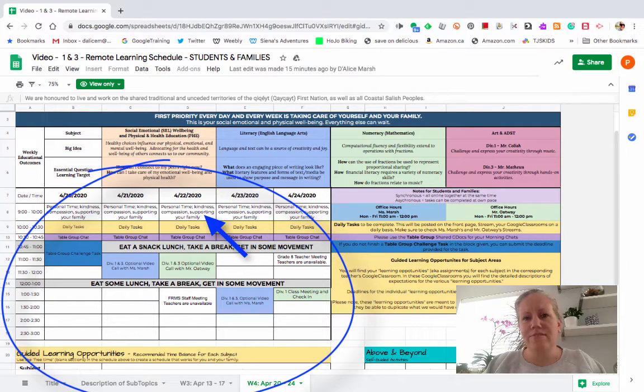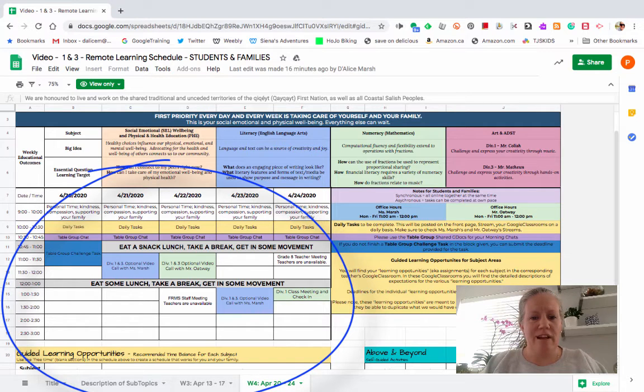Before that, of course, personal time, kindness, compassion, and supporting your family. That's your morning time. That's you getting ready. That's you helping out in the house with breakfast. That's you getting yourself dressed. Get dressed. It's going to help with your day. Definitely. Then it seems like you're doing something. Your body and your mind are set, and you're ready to learn. Now, along with getting your body ready to learn,